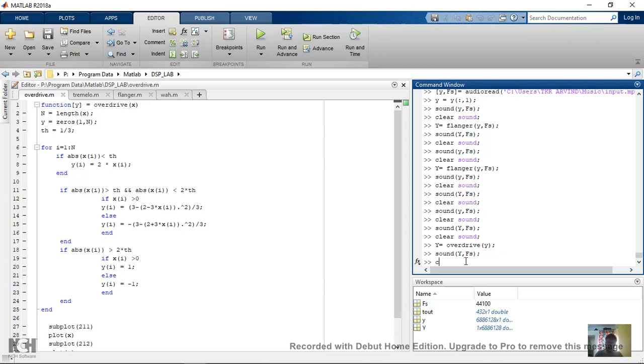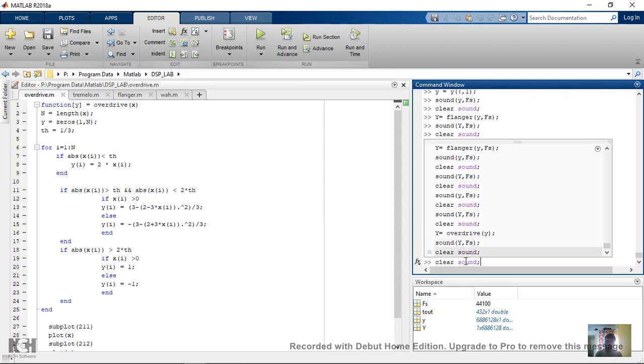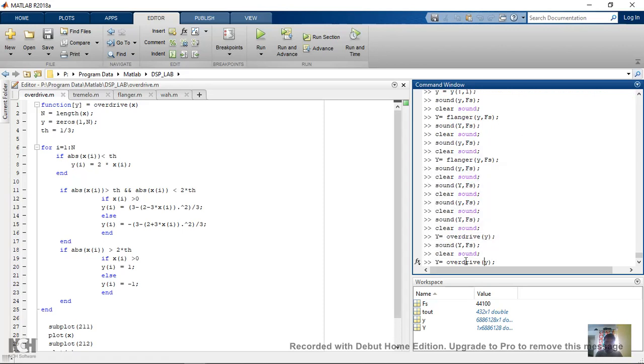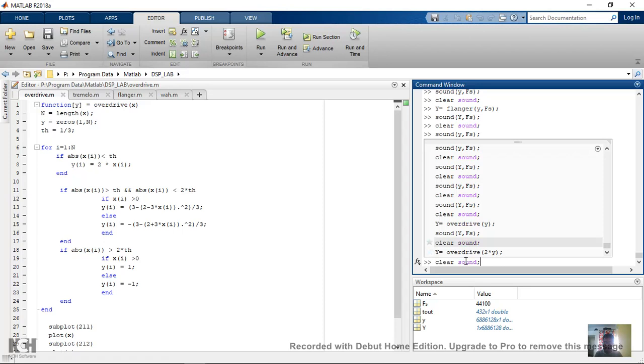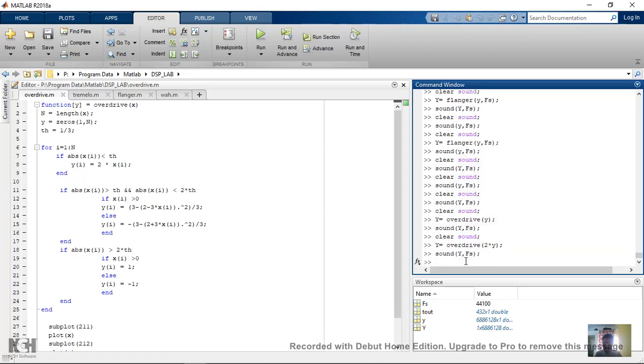Okay, as you can see, there is a small distortion going on here, but it's not clear. We'll make it a bit clearer. So we'll again hear the sound. Here you can see the distortion. You can see this clear. We'll plot the